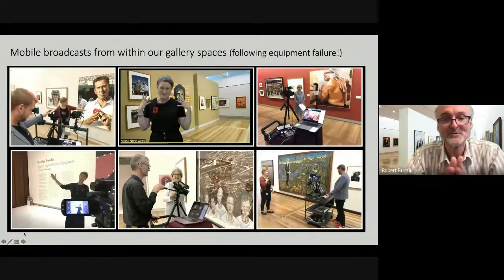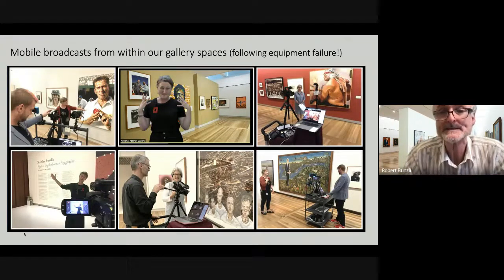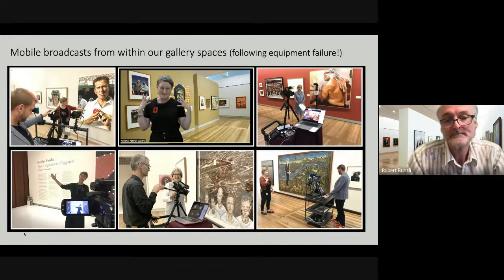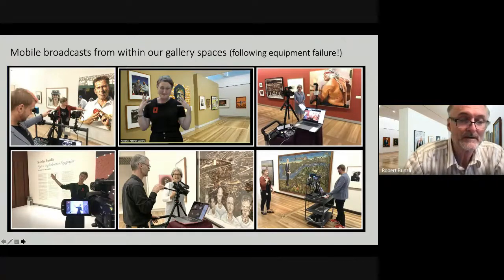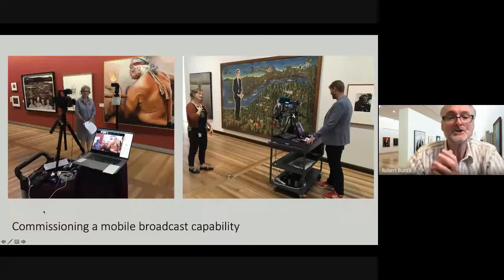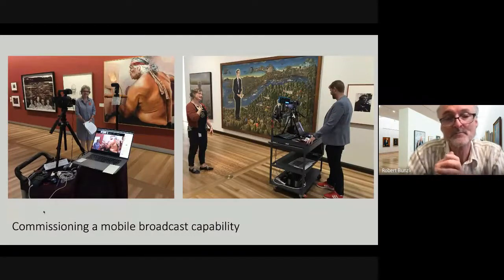When our equipment stopped working, just after I got there, I had a bit of experience from the museum of mobile broadcasting from within gallery spaces. So if you're coming in from a gallery or a museum, you might want to consider this sort of thing. Initially, on the left, I used a catering trolley with a laptop, a Mac laptop, and I connected a camera that we had to the laptop, and I shared a PowerPoint screen.